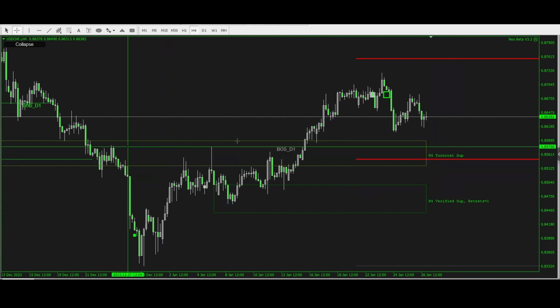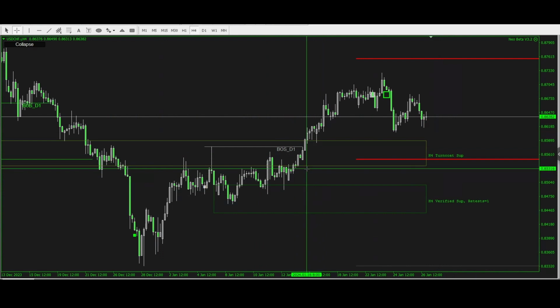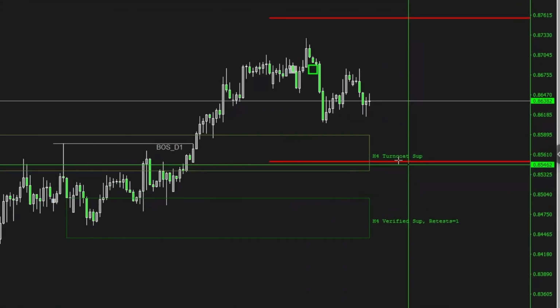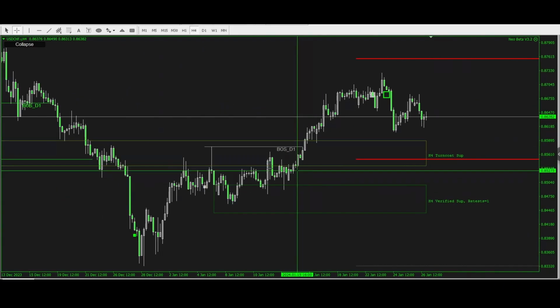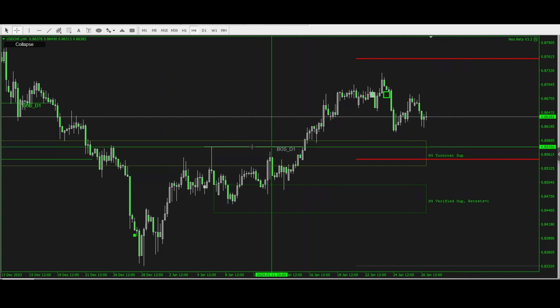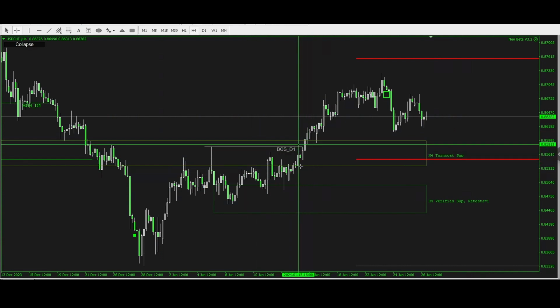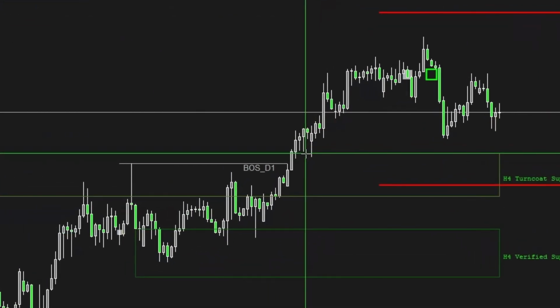Now this was a previous resistance area on NEO which was automatically displayed. It turned into a turncoat area, meaning that an old resistance became a new support. All I had to do, before price even broke through this area, as long as there was a bullish daily break of structure, is set my pending order here for a buy stop, which would have been on this level here, 85889, and my stop loss would have just been down here, which is